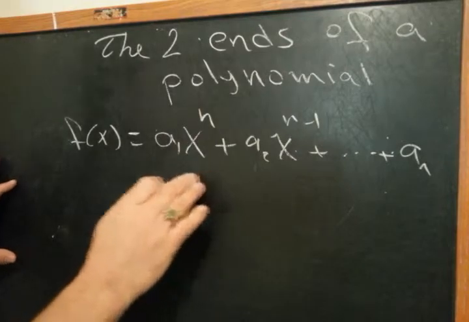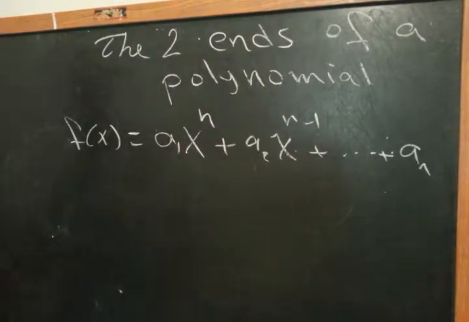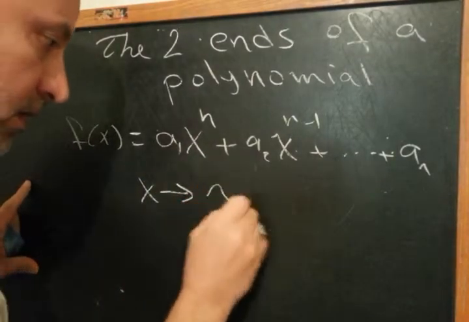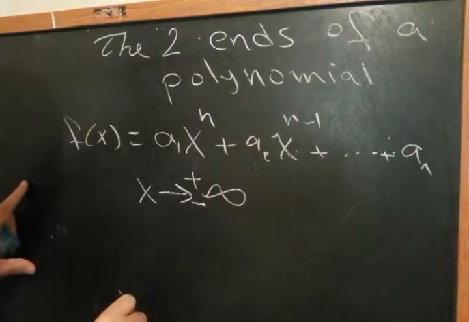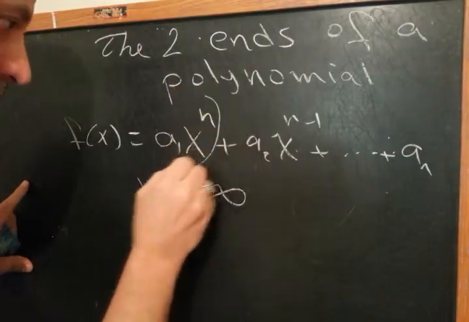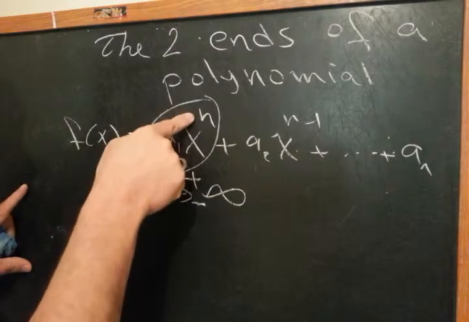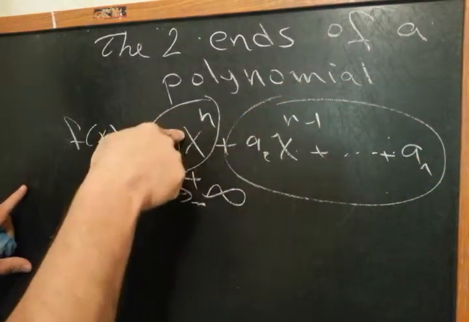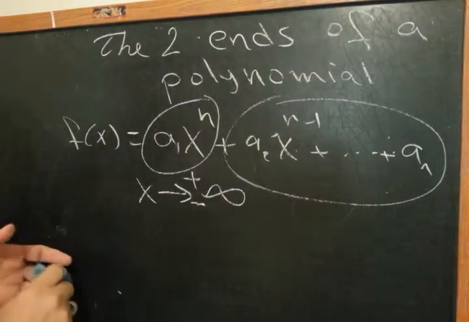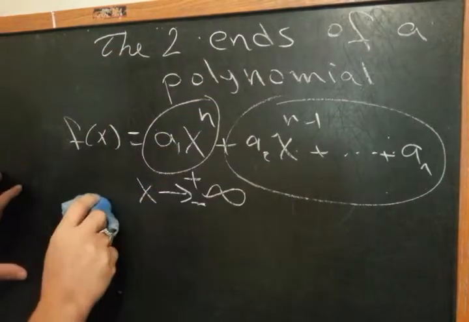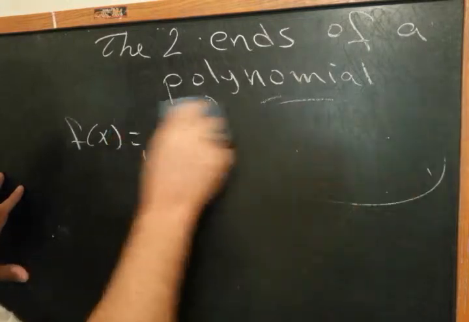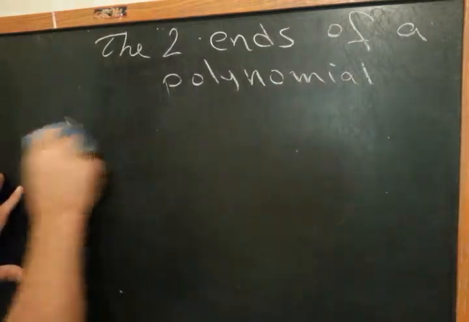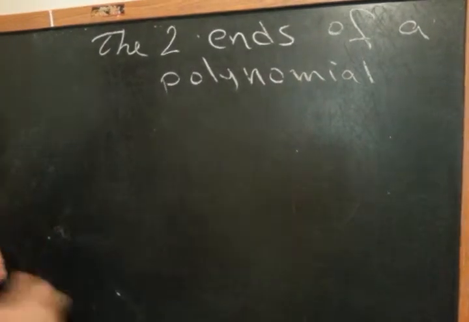Now the most important thing is the leading term. When x goes to positive or negative infinity, the most important is this one. Why? Because this one is the biggest. The effect of the rest is not that big like that one. So we focus on this to determine the two ends. Okay? Now, first case, if